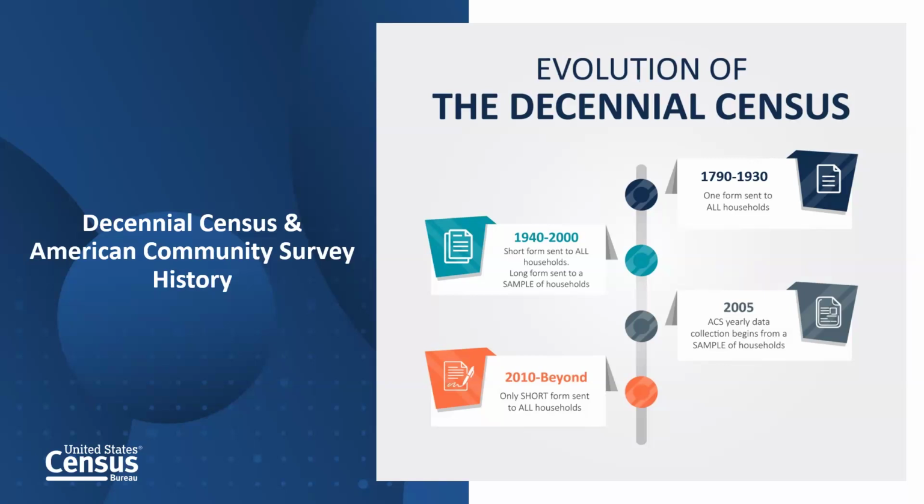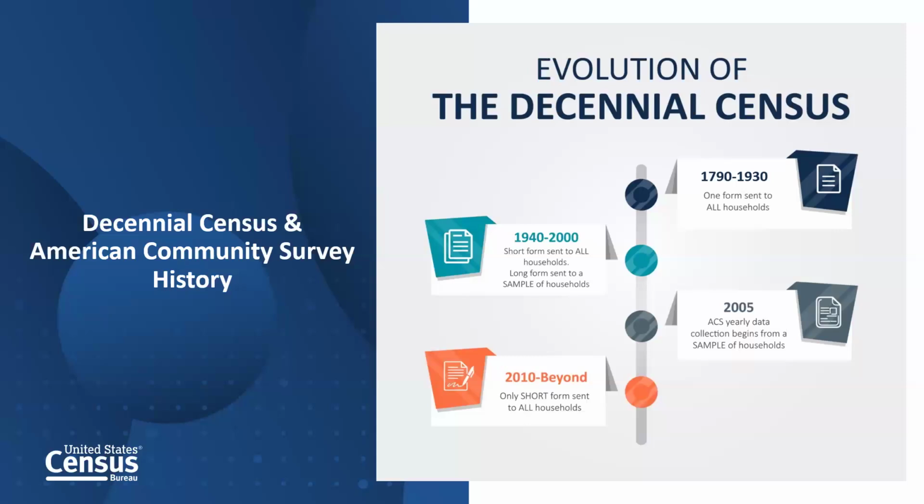And by the early 1990s, the demand for current, nationally consistent data led policymakers to consider the possibility of collecting social, economic, and housing data continuously throughout the decade. Thus, the ACS was designed to provide this dynamic and timely picture of the nation every year. So the ACS, again, stands for American Community Survey. It underwent extensive testing and by 2005 was fully implemented nationwide.